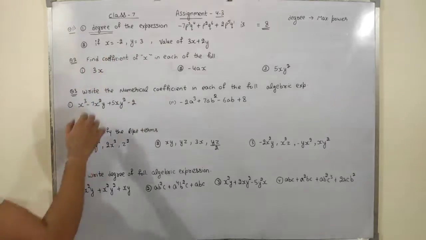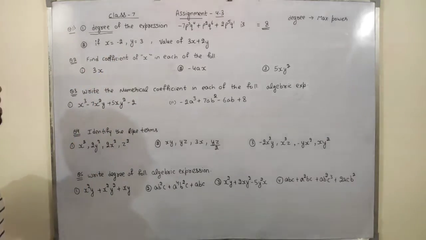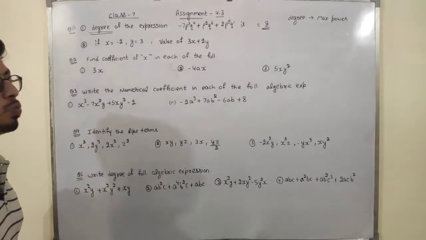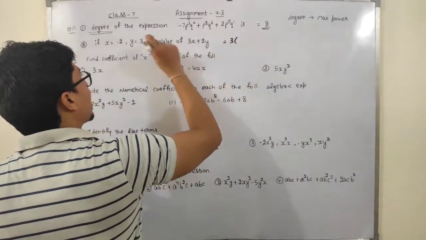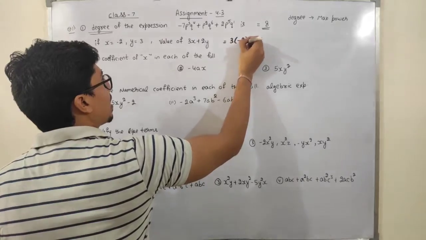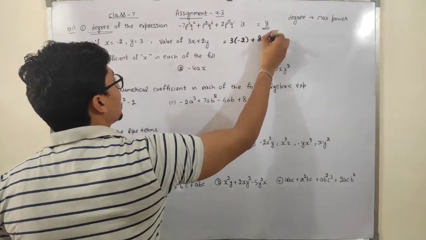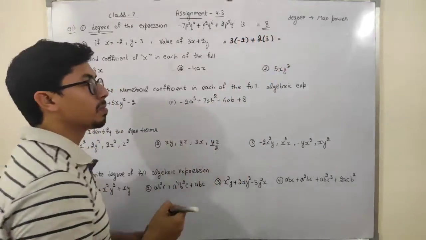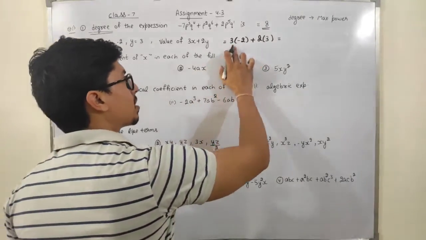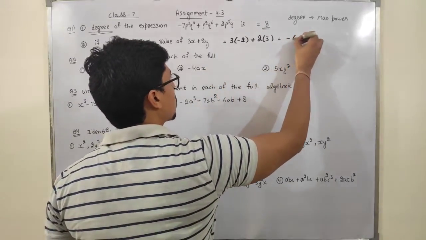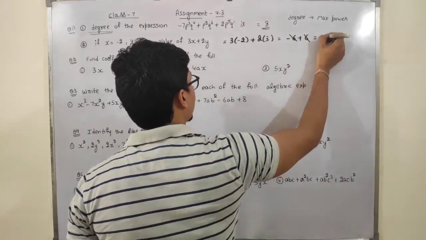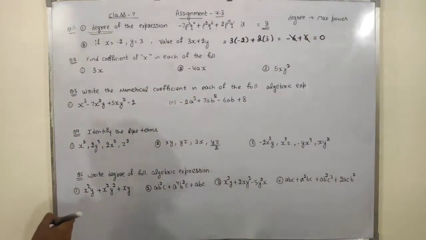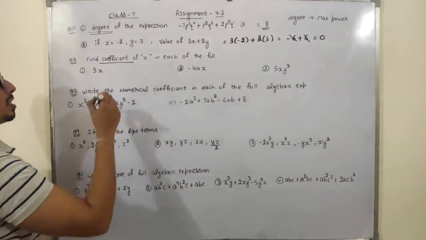X is given to us and Y is given to us. And I have to find out the value of 3x minus 2y. So students, see, 3x. X is minus 2 plus y is 3. So students, if I just multiply them, 3 times 2 with negative sign, so it will be minus 6 plus 3 times 2. These can be cancelled out, so the answer is 0 now.